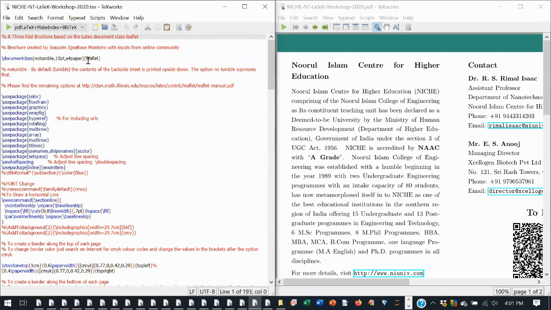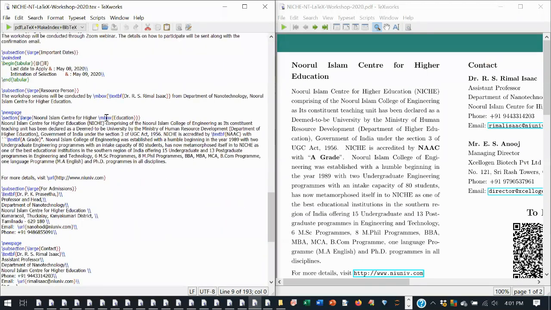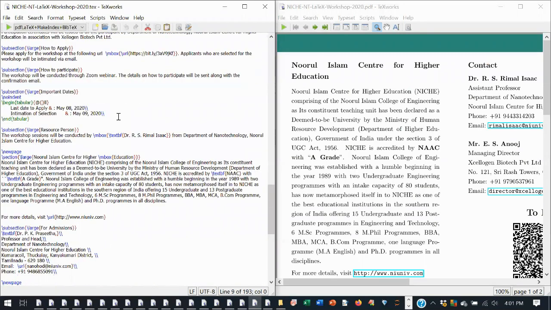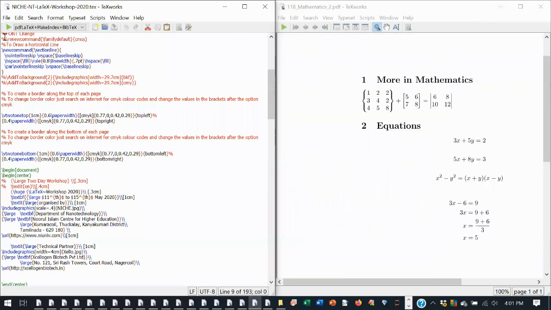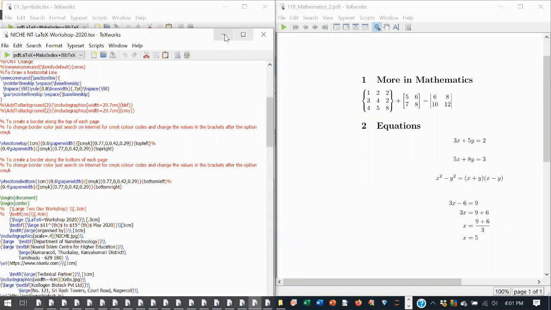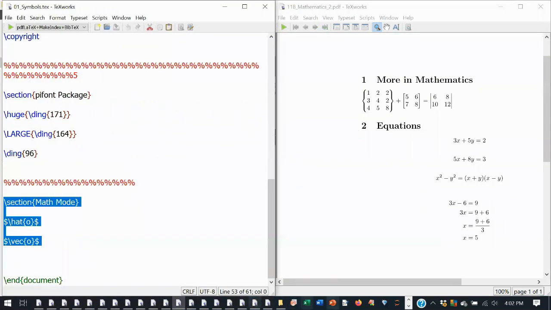You have a separate class file known as leaflet. This is a link, and you have the manual here. You can take a template and edit it according to your need. So this is the code, and if you compile, you will get something like this. You can create any document.